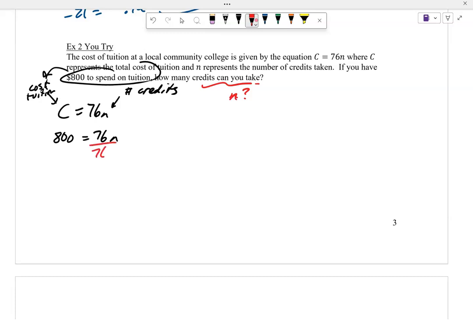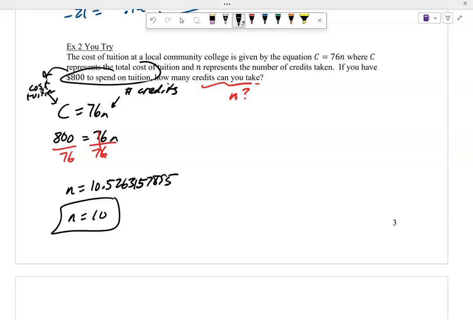So let's solve it. Divide by 76 on both sides. And we have 800 divided by 76 ends up being, our N ends up being 10.526315789. So we can take at least 10 credits, right? If I take more than 10 credits, I'm going to be out of budget. So I take 10 credits or less based on this so that we're not over